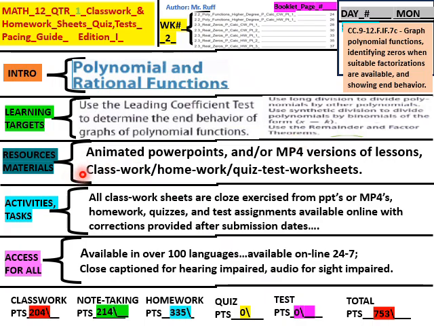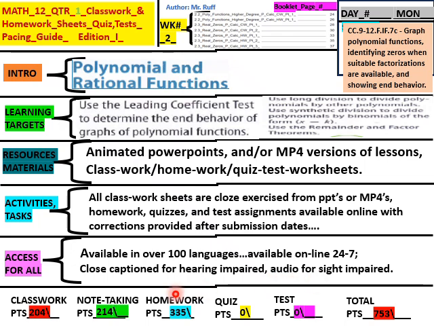And then resources and materials are animated PowerPoints and video versions of all lessons, classwork, homework, quiz, and test worksheets. And that includes solution videos as well as PowerPoints. Activities and tasks: all class worksheets are closed exercises from PowerPoints or MP4s, and homework, quizzes, and test assignments are available online with corrections provided after submission dates. And then access for all: available in over 100 languages, available online 24/7,